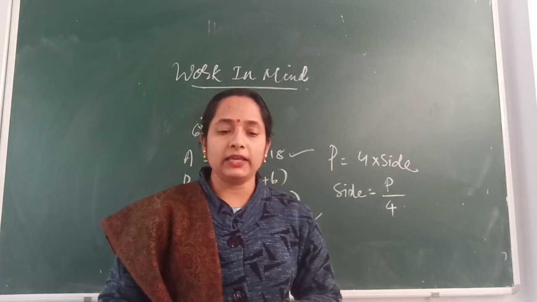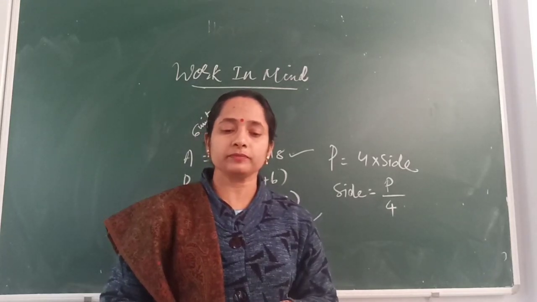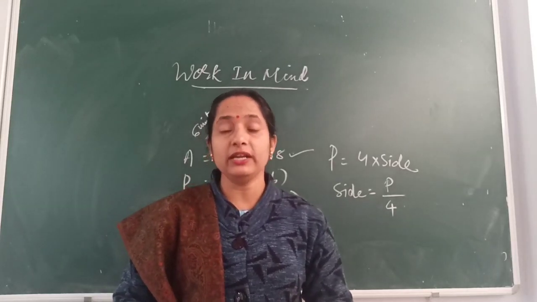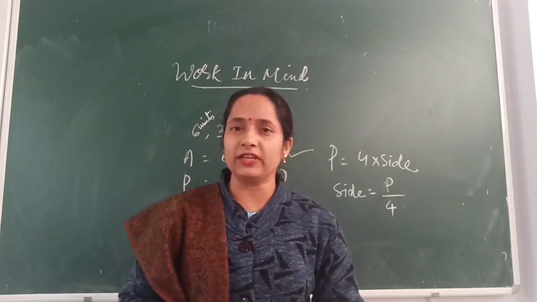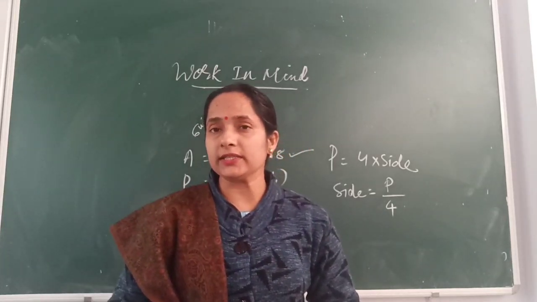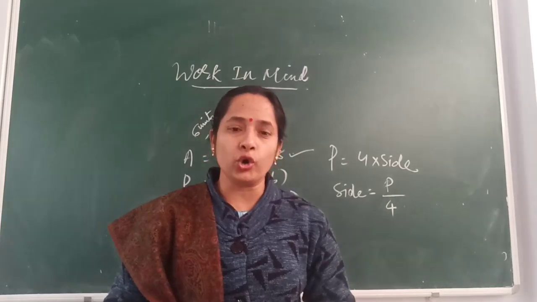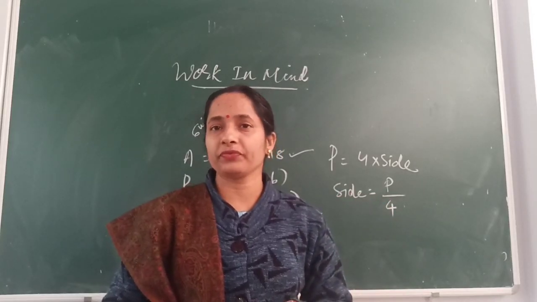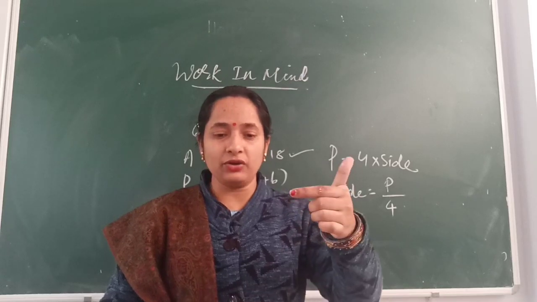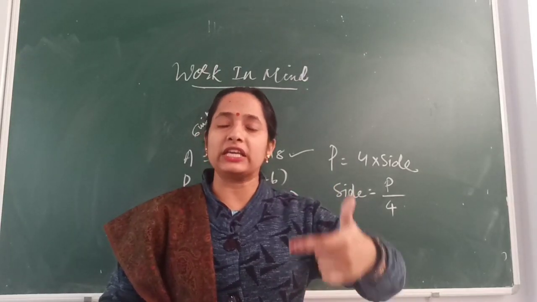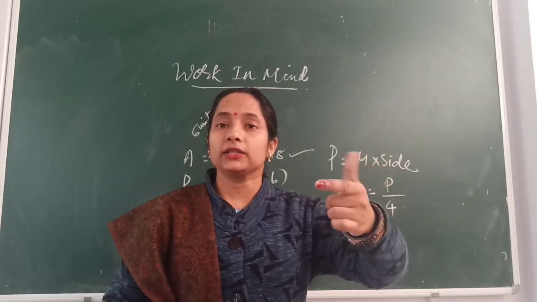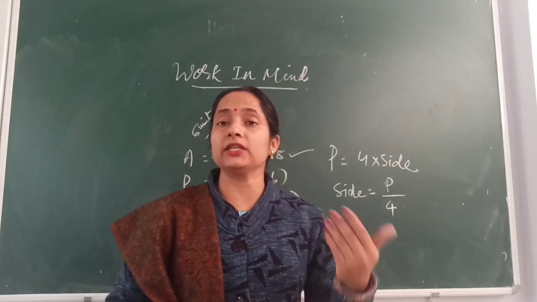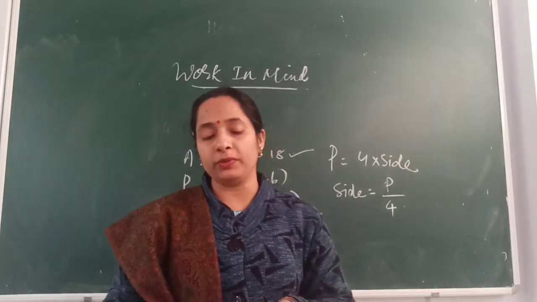Next, tell the area of a square whose perimeter is 16 centimeters. So children, here the perimeter is 16 centimeters, as we just discussed. Then when the perimeter is 16 centimeters, what is the length of the side? It is 4. Now as the side is 4, what is the area? The area will also be 4 into 4, 16. So this question is quite equal to question number 1, but the question is given in a different way. When the perimeter is 16, what is the area of the square? It will also be 16.